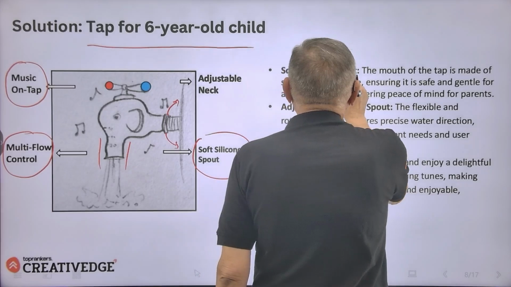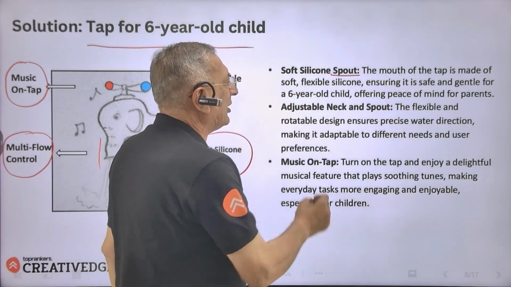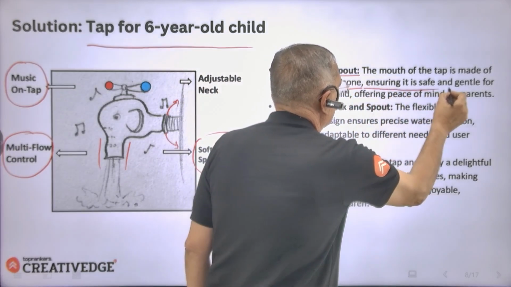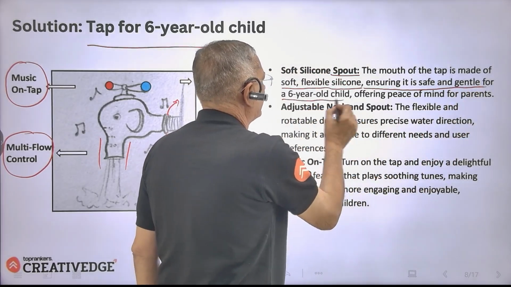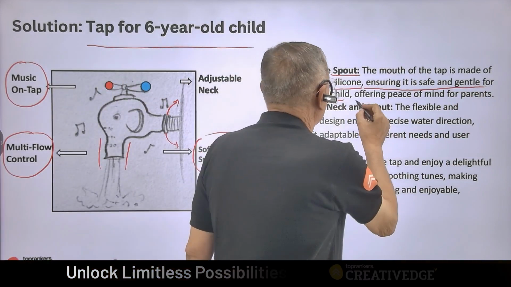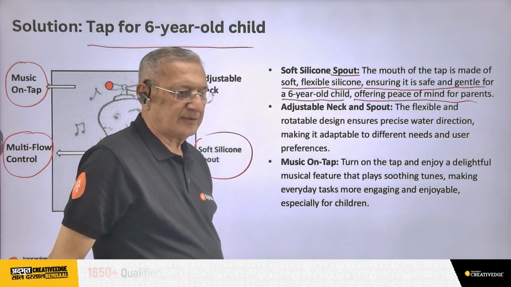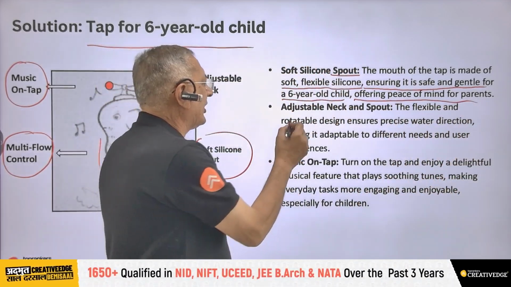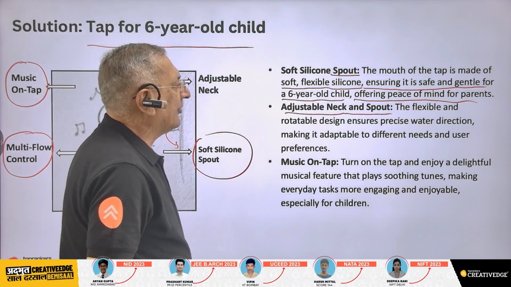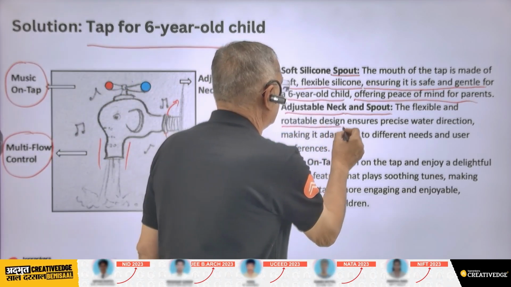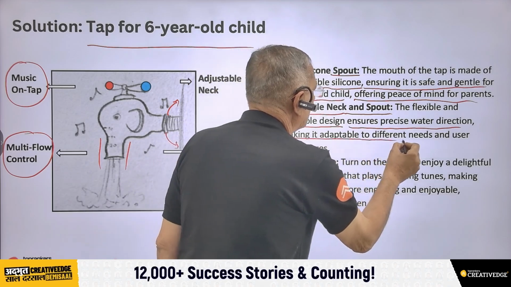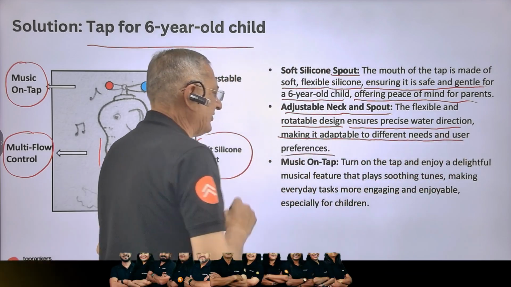The soft silicone spout: the mouth of the tap is made of soft flexible silicone, ensuring it is safe and gentle for a 6-year-old child, offering peace of mind for parents. Adjustable neck and spouts: the flexible and rotatable design ensures precise water direction, making it adaptable to different needs and users' preferences.